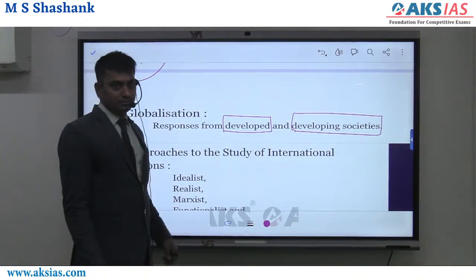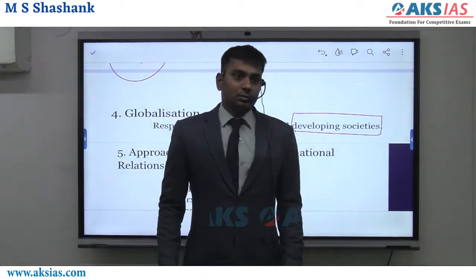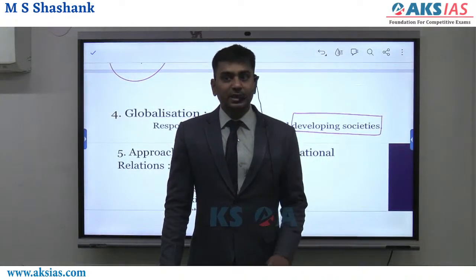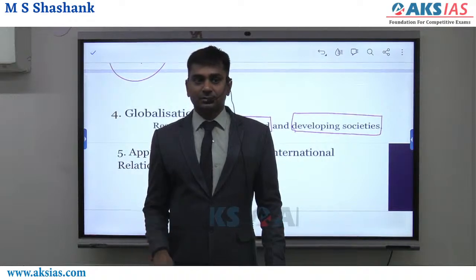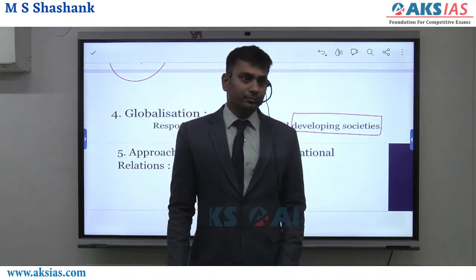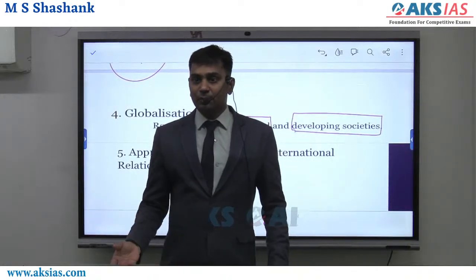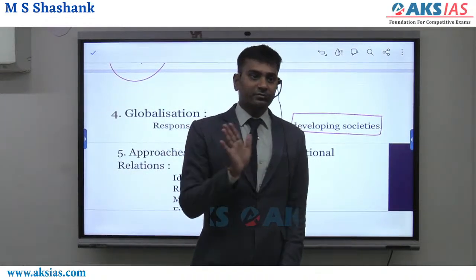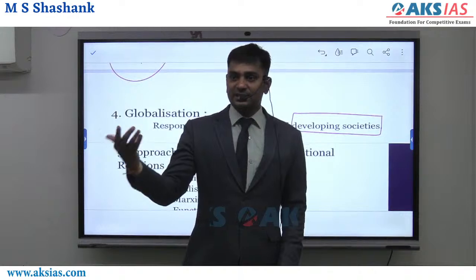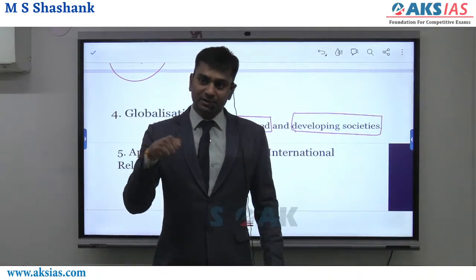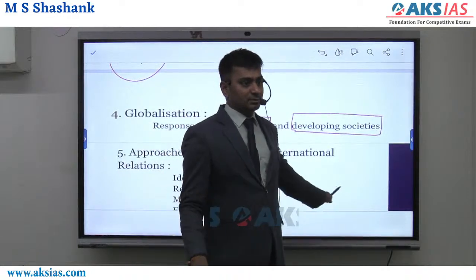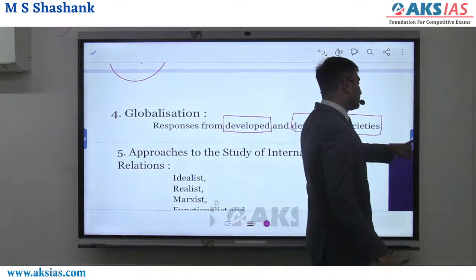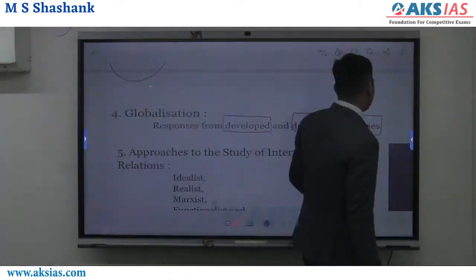In the first chapter, they have said what comparative politics is, and how we have to study it through different models. In the second chapter, they talked about how to compare. Now they start comparing here. What do they start comparing? The state, comparison of the states, economy-wise, society-wise. Then politics they are comparing. In politics, political parties, pressure groups and social movements play a crucial role, and how they are different here and there. And then how globalization has impacted these. Globalization has impacted developing societies in one way and developed societies in another. So there are four discussions. With this, that transition is over, the transition that they wanted to make.